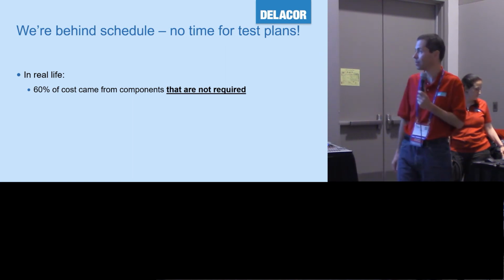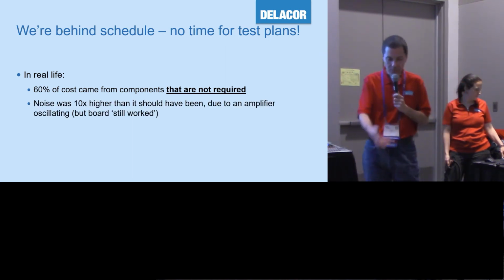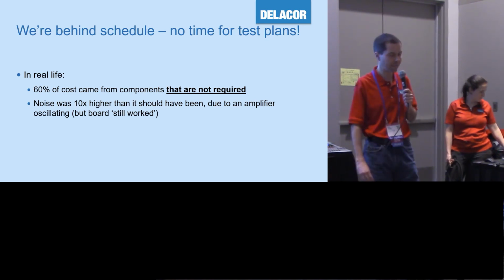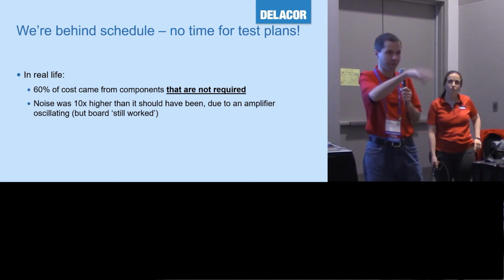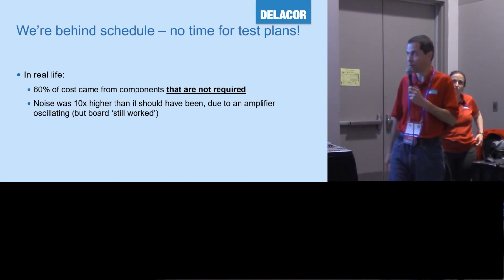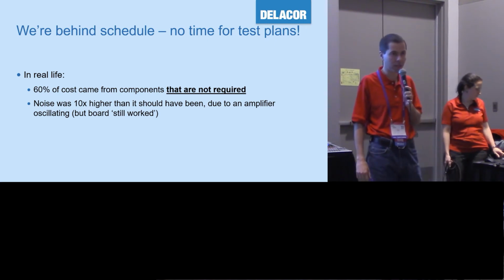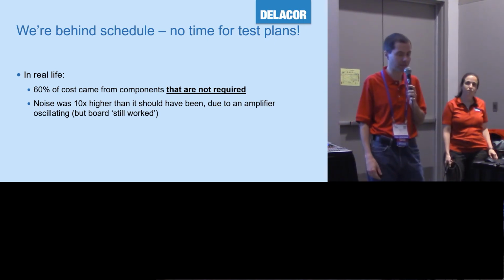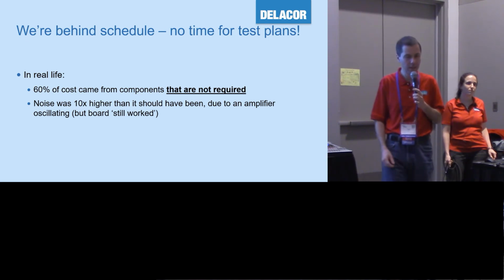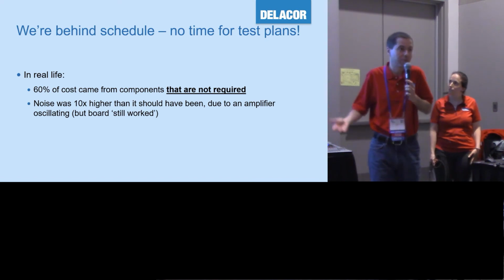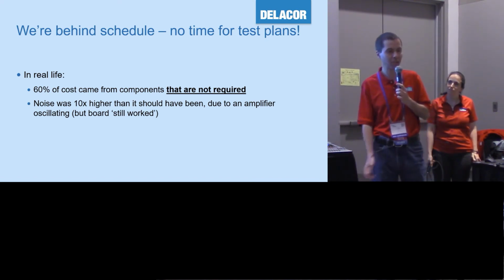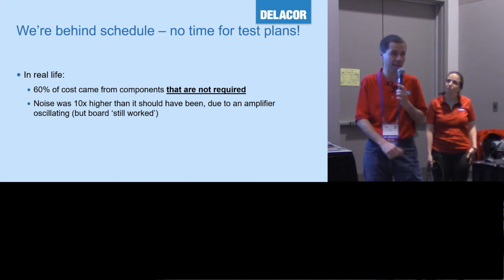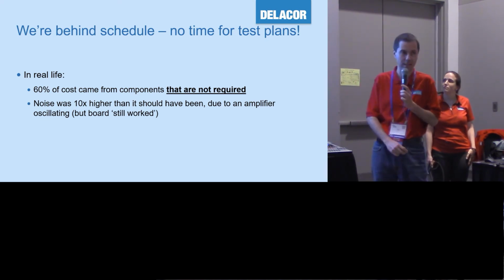really design something. Or we had some device that was acquiring data from a light sensor, and it was working. Data was getting across, and they were seeing stuff on the screen. But when we were done, the noise was 10x worse than it should have been because a little stage in the circuit was oscillating, just enough to cause all this noise, but they couldn't really tell it was oscillations. But it worked, right? As far as they knew, it worked until maybe a year down the road when they tried to compare it against some benchmark that they had to meet to get their funding, and then they would have realized that it didn't work.